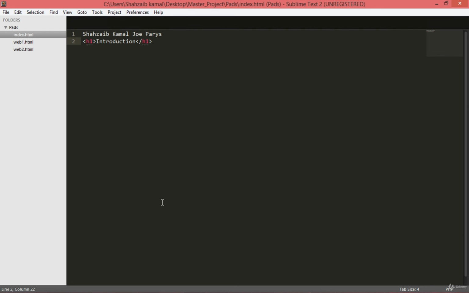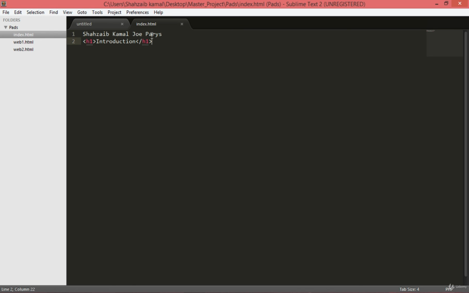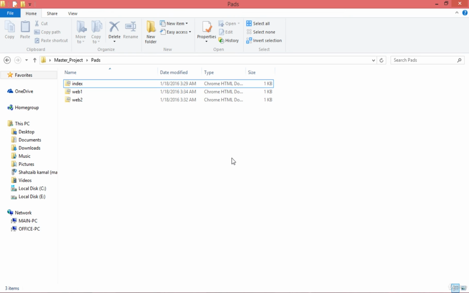Now you don't need to go to the folder to select any other file, and if you want to create a new file, just click on new file and you can create it, and double click any file, then you can see the file here. So this is Sublime Text 2, basically the Sublime editor, the text editor, the code editor. I think you like that, and in the next class we'll do some more things, so stay tuned and goodbye.